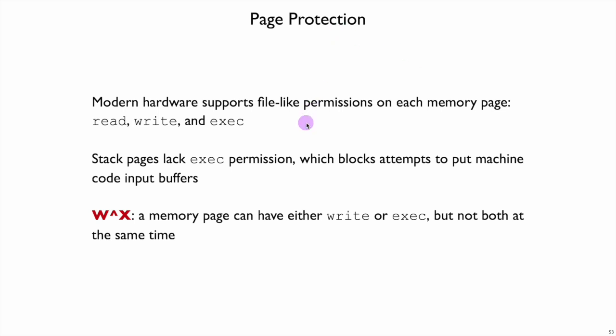That's the idea behind page protection. Any modern hardware is going to support file-like permissions on each page of memory, so that a page can be read or not, written or not, and executed or not. Almost all pages need to be readable, otherwise they're not that useful, but they don't need to be writable. In particular, the pages that have the code for the program generally don't need to be writable, and data that's supposed to be read from a database or sitting as local variables on the stack,